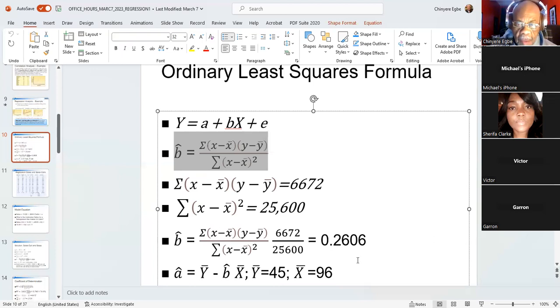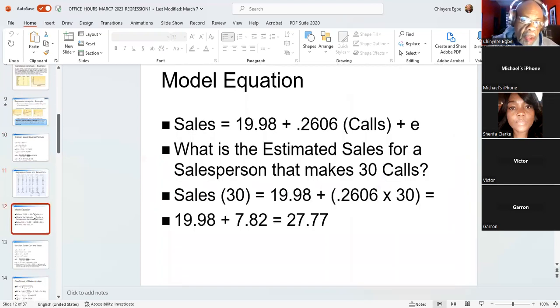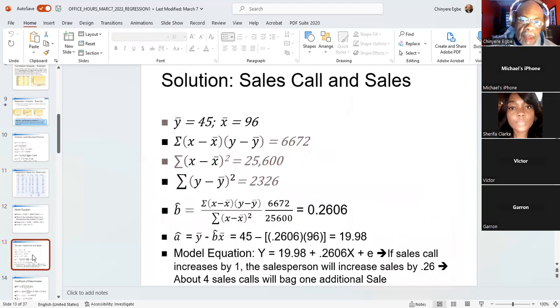So you see a bunch of numbers here. The question is, how do we get those numbers? Okay. So we're going to get some numbers. I'm going to use an illustration here. This is sales and sales calls. And so let me see if I'm going to get those particular. I'm going to use another illustration. It really doesn't matter, but you're going to probably see